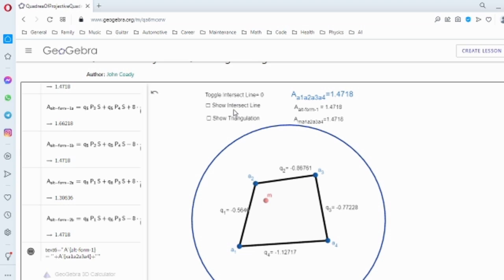I have this checkbox here to show intersect line, and that brings up this line with 2 control points which I can move around. And up here I have a toggle intersect line text. If you just click on that text, it'll change it to a new value like 1, 2, 3, 4, and 0. So if I set it to 1, then when I move this line around, it'll move this point to line 1. So here I've moved the control point,